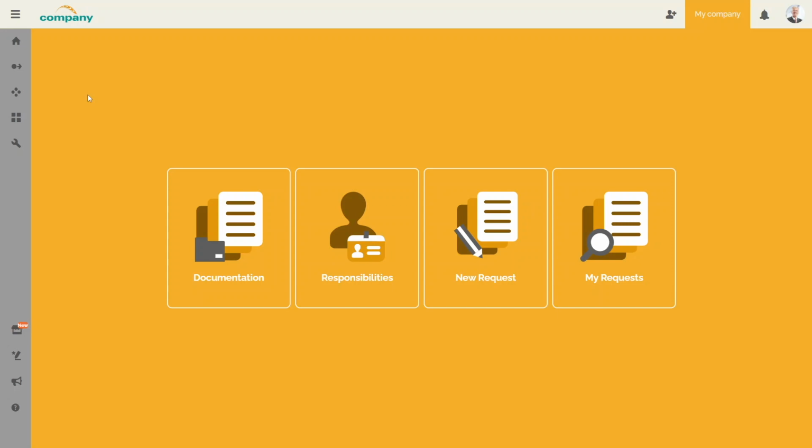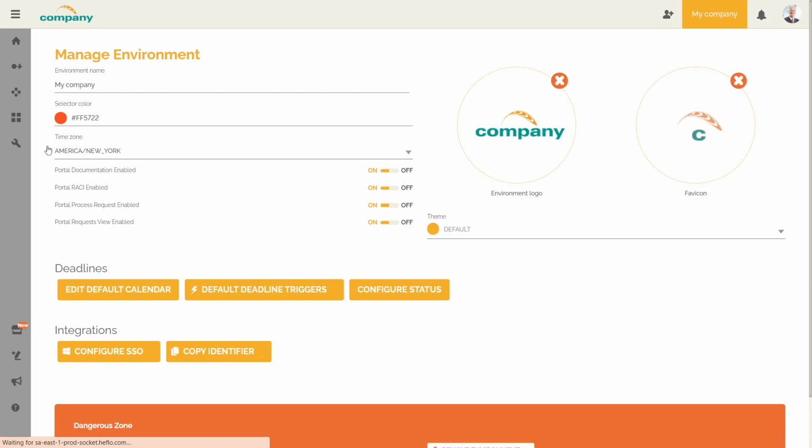The user accessing this screen can then view process documentation, view your organization's RACI matrix, create a work item, and view the work items he has created. You can adapt the options available on this screen to suit your needs. We will do some examples. If you want the portal to be used only for process automation, then you can make these 2 options available.